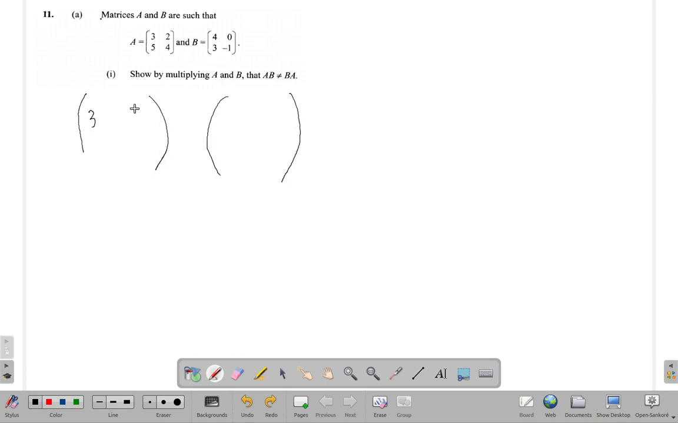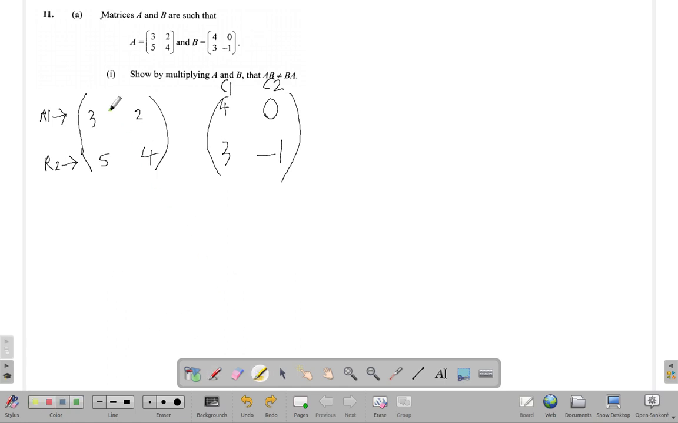So you have 3, 2, 5, 4 and 4, 0, 3, negative 1. This is row 1 and row 2 of the first matrix. That's for A. Column 1, column 2. Now